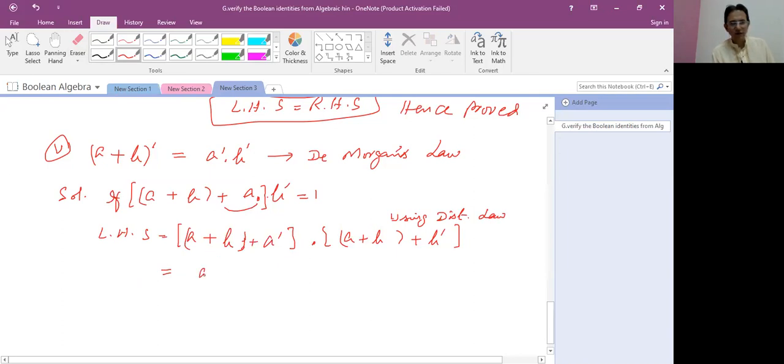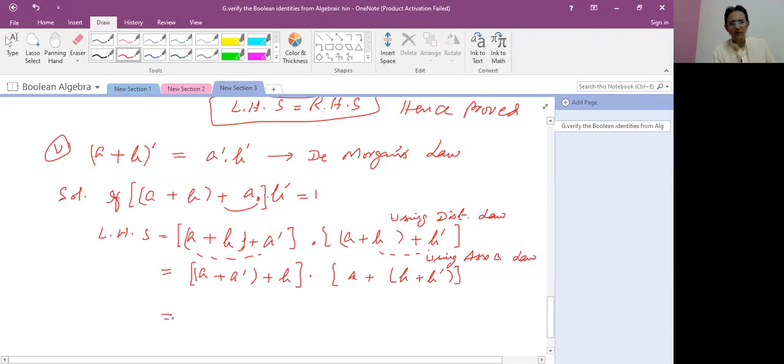In the next step, if we write, student, a plus a complement plus b, then we combine these two values, and when we combine these two values into a plus b complement, according to using associative law. Associative law,